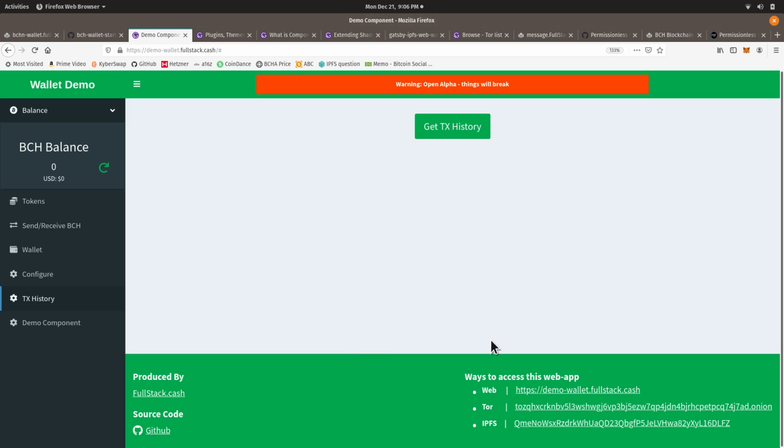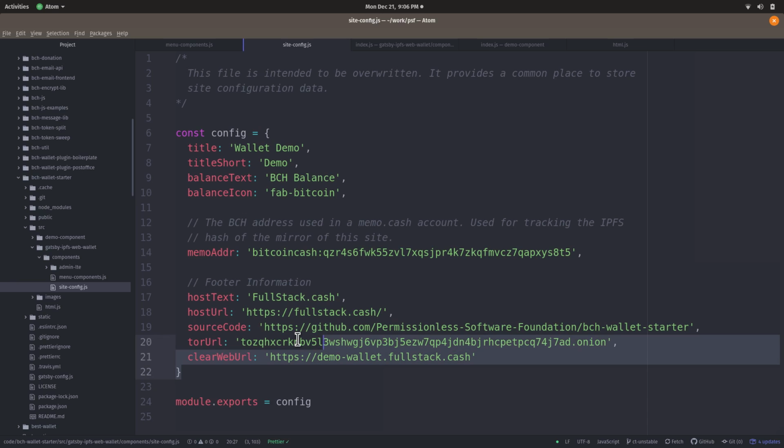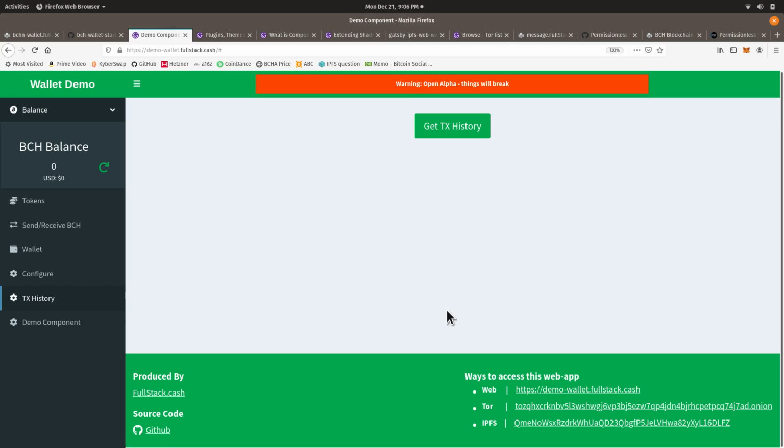This information down here has to do with the footer. As I said, this is an IPFS first website. So if you click on the link down in the footer, it'll open the same website but on the IPFS network in your browser. That's one of the ways your app can be censorship resistant. There's also a link to Tor. This website's also simultaneously served over Tor, so this is the link to Tor, and this is where you put that information. And if you want to know more about the web server that is able to broadcast all these over the same channel,